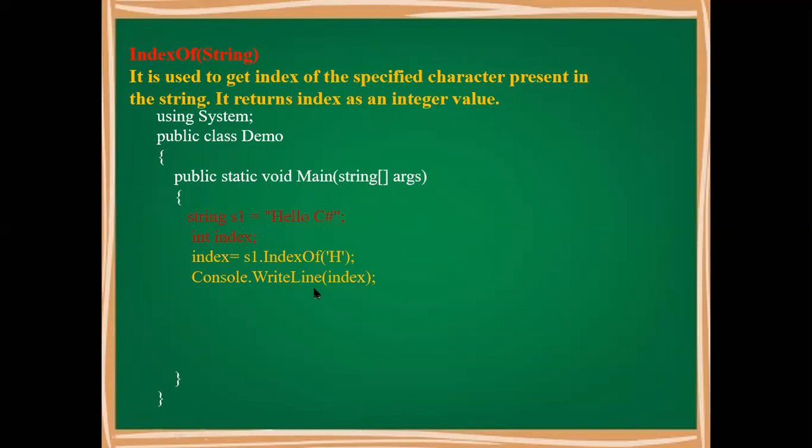The function will itself check the index number of that particular letter in the string, and Console.WriteLine will just print it. So let us find out the index of H before we proceed towards the output. In the string s1, the H is the first letter or character. So it becomes the 0th position, because indexing starts from 0 in any collection. So H stands for the 0th position. So the index of H is supposed to be 0.